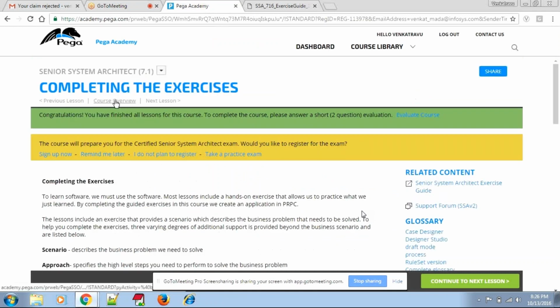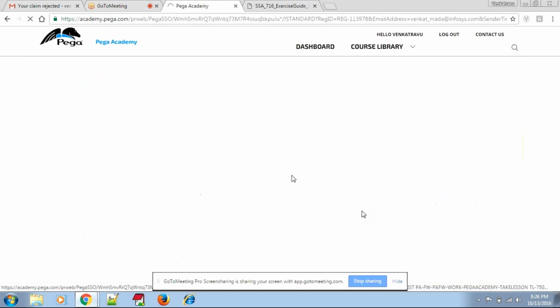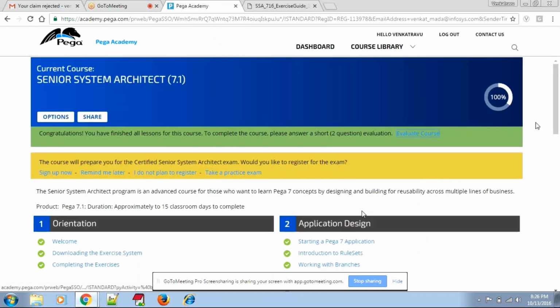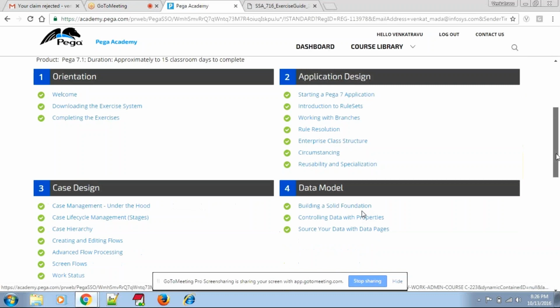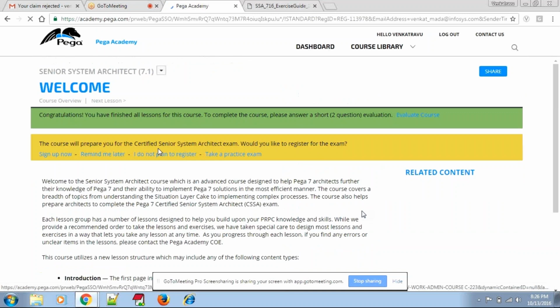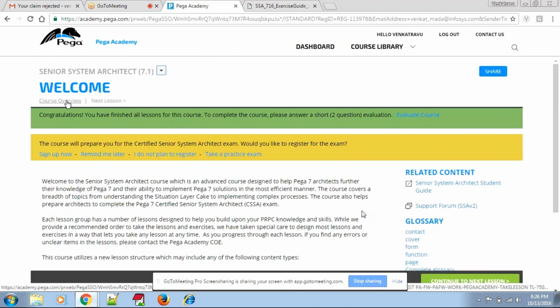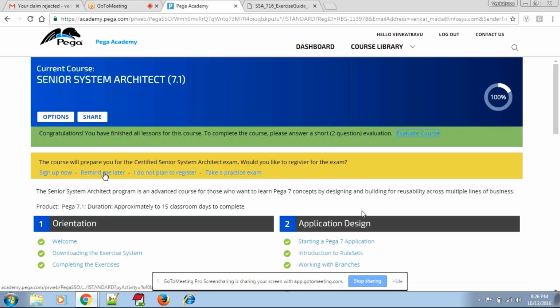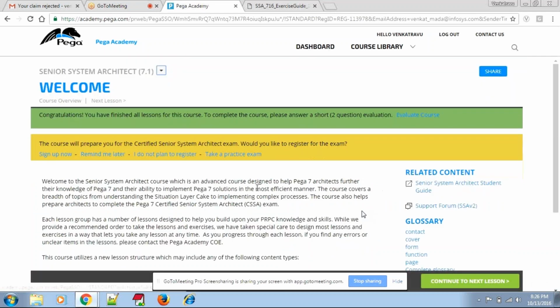Welcome, open that welcome. Yeah, here, on the right hand side you can see the student guide.